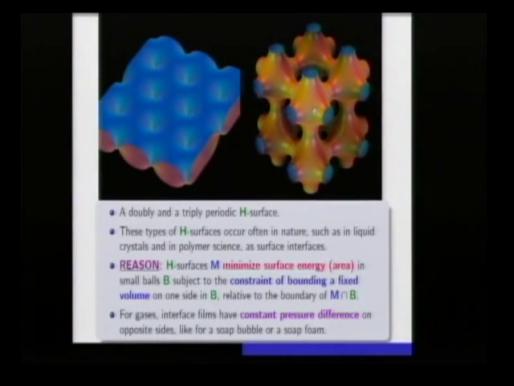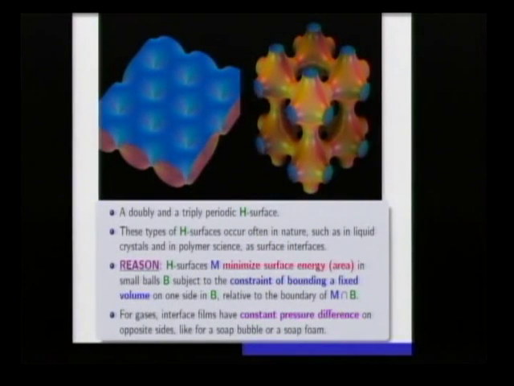Here's a more standard example. These kinds of things come up in polymer science, where they mix two materials for various physical reasons, constrained to form a triply periodic pattern. So you have one material on one side that wants to pull together, and another material, maybe a liquid, on the other side. And for electrostatic reasons, they want to form triply periodic patterns. So these kinds of things actually occur when you do certain experiments.